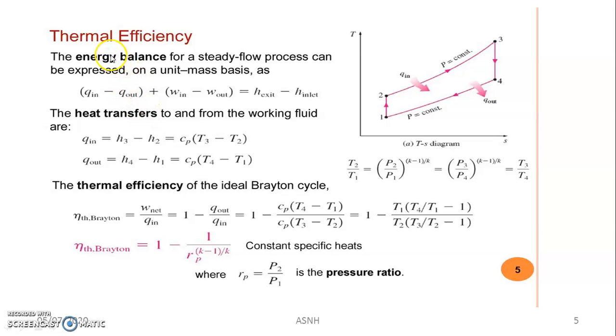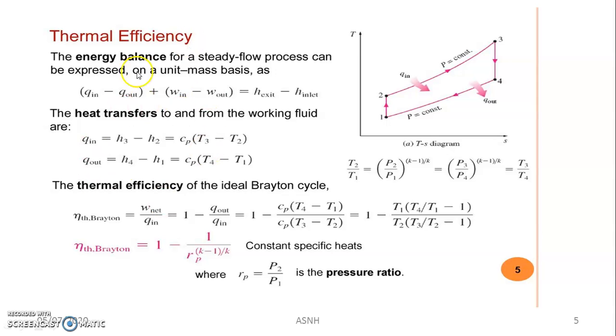So here you will get an idea about the thermal efficiency of the particular gas cycle, that is the Brayton or Joule cycle. Here first you have to calculate the work done. Afterwards you have to know the value of the heat supplied. So the efficiency is nothing but the work done upon the heat supplied. Heat is supplied in the combustion chamber, and heat is rejected, no doubt, in the recuperator or intercooler region.